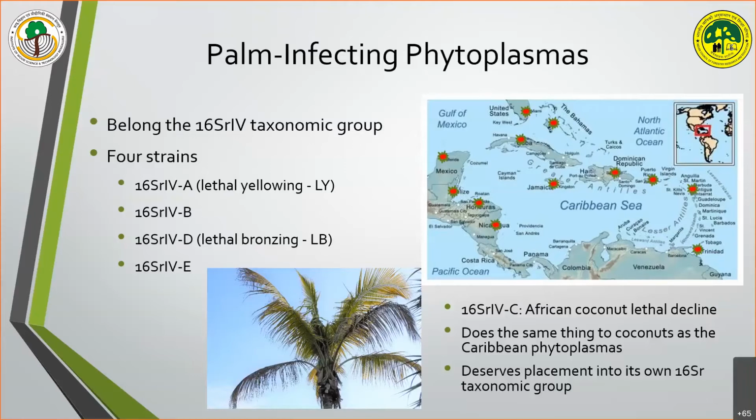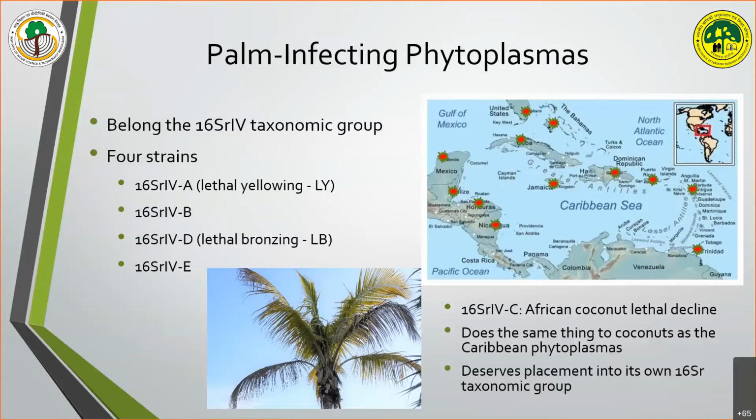Now, because I'm not a real practitioner of phytoplasma taxonomy and the proper protocols, I don't know if subgroup C should be its own new taxonomic group or if it does resolve with one of the other newer phytoplasma groups that have been discovered. So that's something that I'm still not sure on, but what's pretty evident both from the molecular level and just the geographic distribution is that subgroup C doesn't really fit well with these other